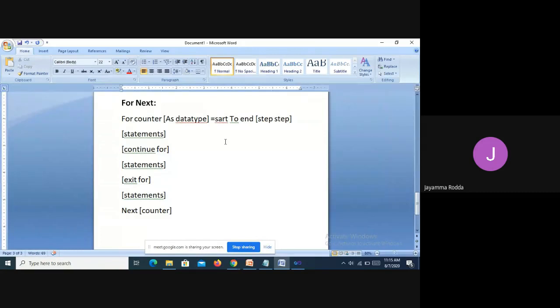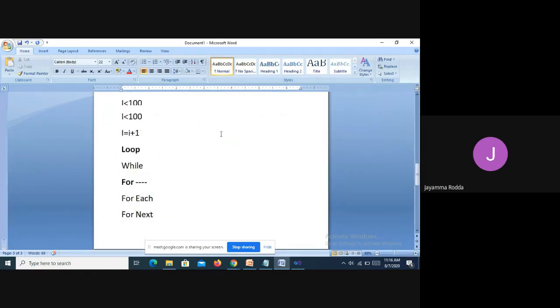If you want, you can increment the counter by more than 1, but you have to specify a positive value in the first statement. By default, the value is set to 1, so the incrementation will be done by 1 only, I is equal to I plus 1.